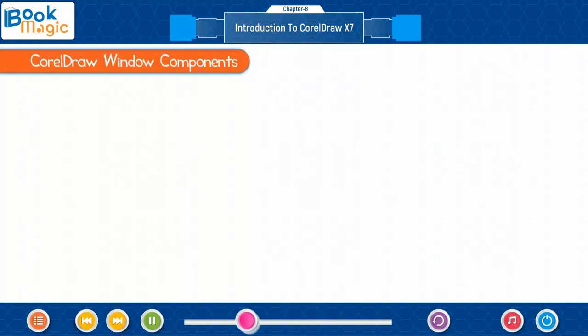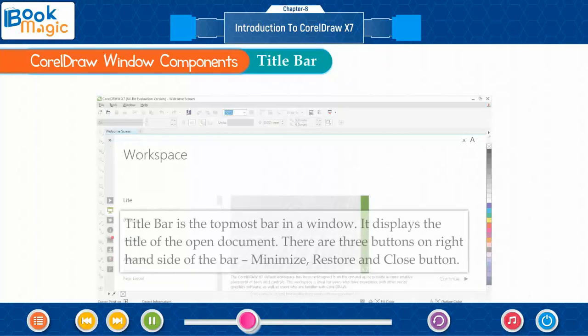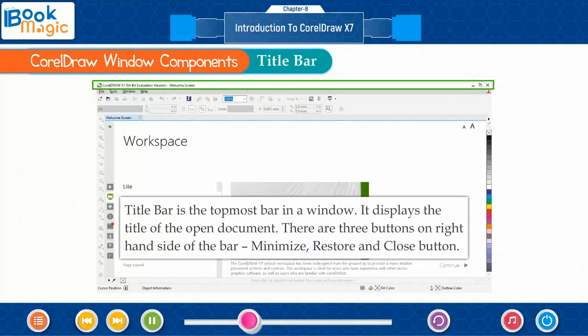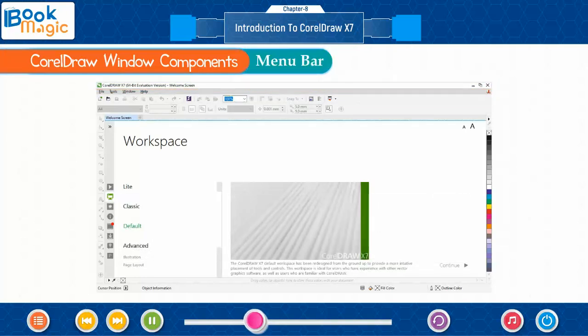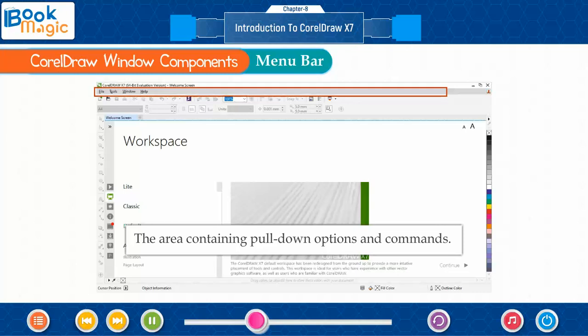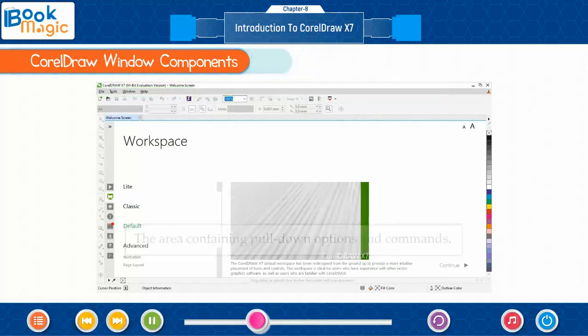CorelDRAW window components. Title bar. Title bar is the topmost bar in a window. It displays the title of the open document. There are 3 buttons on the right-hand side of the bar: Minimize, Restore, and Close button. Menu bar. The area containing pull-down options and commands.